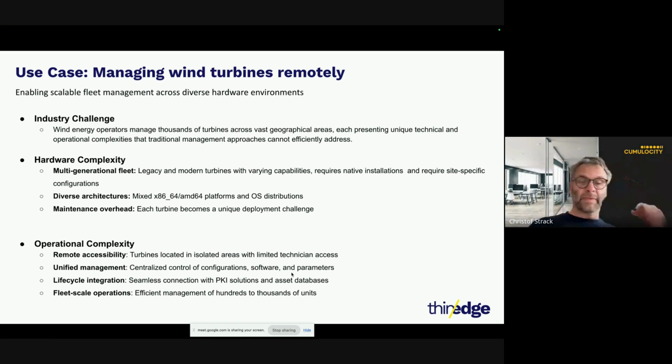Then security plays an important role. So this is important to integrate the onboarding of devices, as we have seen with the certificate authority from Cumulocity. In this project, we are using a different one because the PKI, the life cycle of the